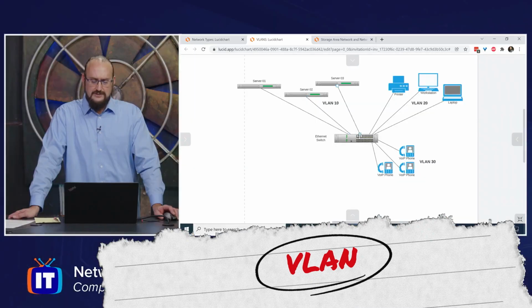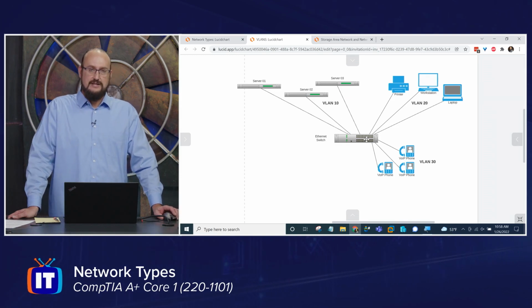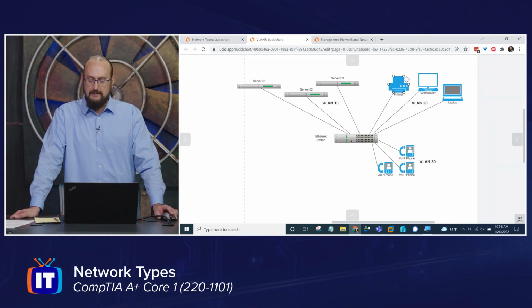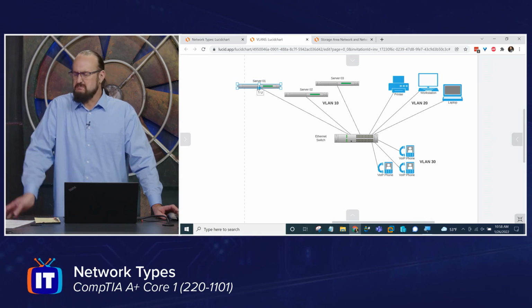We use these commonly today to group a series of devices within a switch and combine them in a way that they can only communicate with other devices that are in that same grouping. That becomes what's known as a VLAN. Notice that we have a single switch, but we have 3 VLANs. Maybe I have some workstations and some printers, and I don't want every device within my network to be able to talk to my servers, right? Maybe for security purposes, maybe compliance